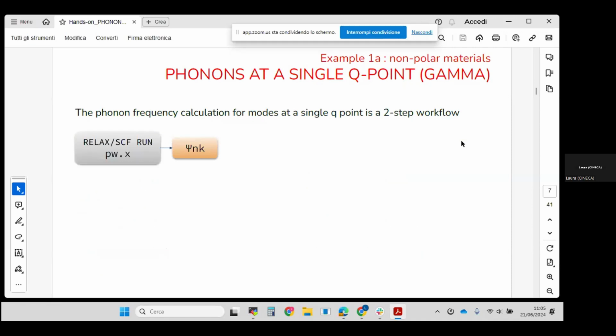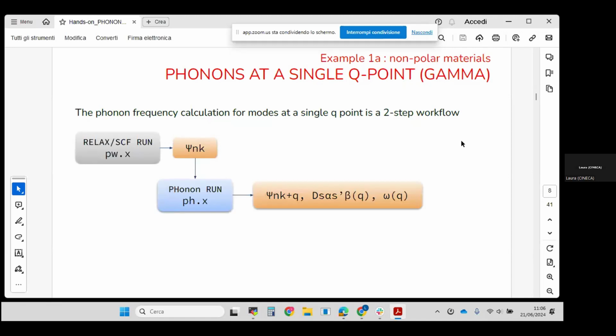So I will initially show the workflow, and then I will also show you from the command line how to run the example so that you can repeat the example on your own. So first of all, you always need to keep in mind that the simulation of phonon frequencies or dispersion is a workflow starting from the computation of the ground state wave function of the system. So at the very beginning of your simulation, you need to compute the ground state wave function of the system by using pw.x with SCF. pw.x will store these wave functions and charge densities inside an output directory. And this output directory is needed by the phonon program